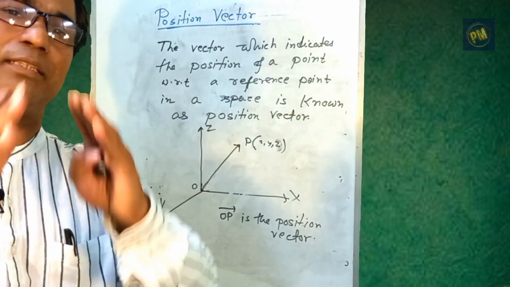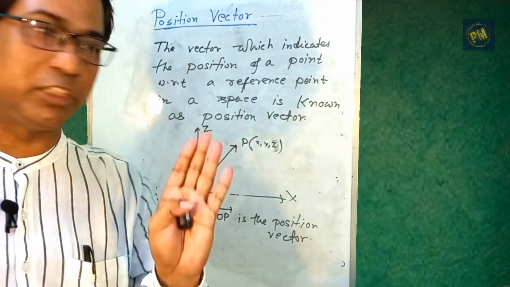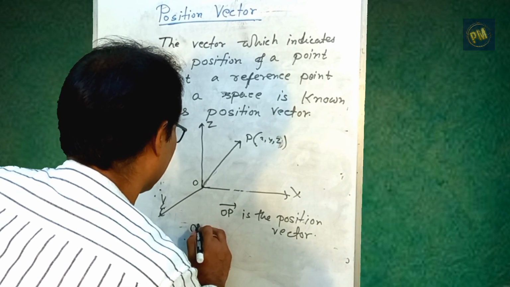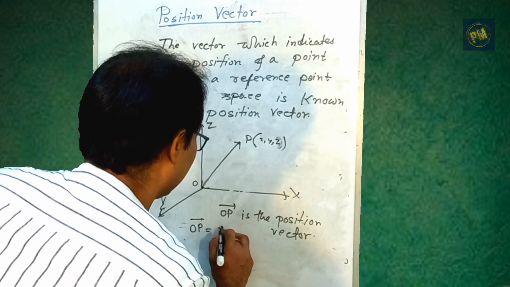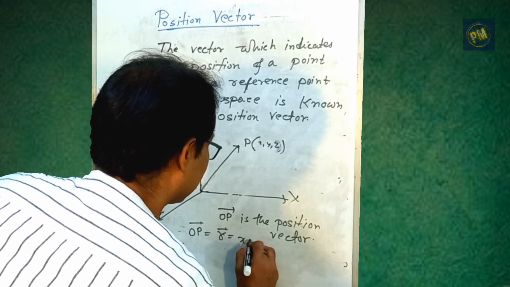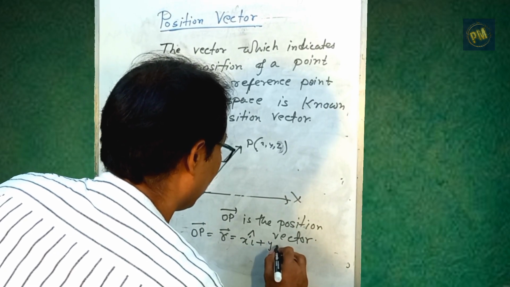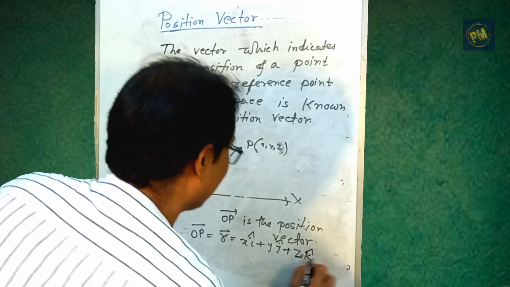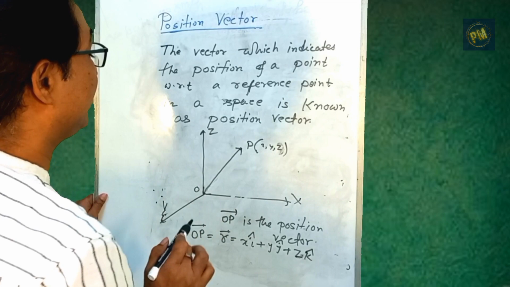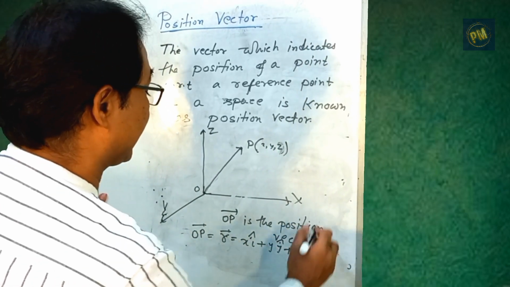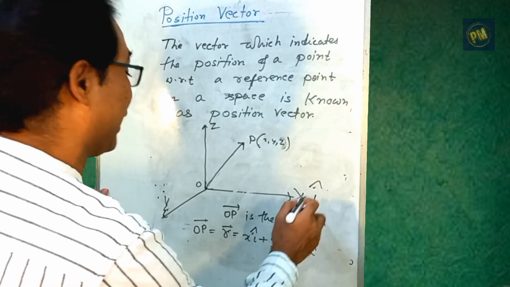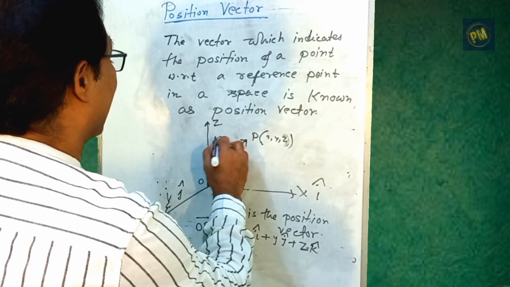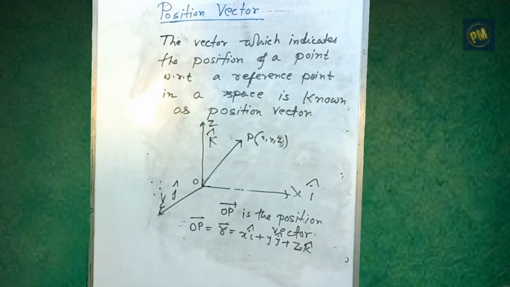Later we can discuss the position vector in detail. Now just know that is position vector. If we say OP is equal to r is equal to x i cap plus y j cap plus z k cap, x, y, z are the coordinates of the point P and i cap is the unit vector along the x direction, j cap is the unit vector along the y direction and